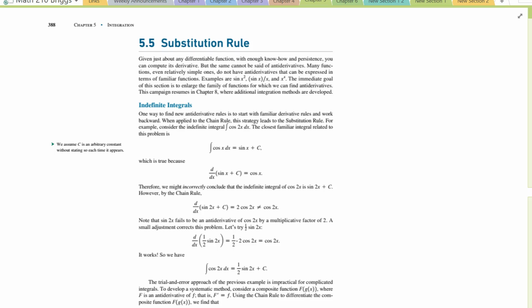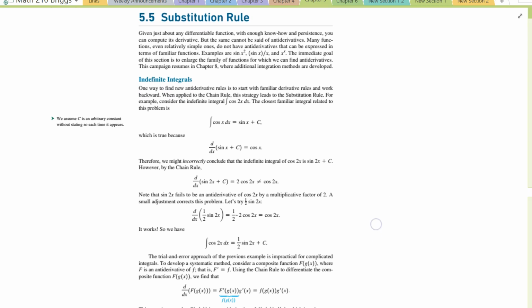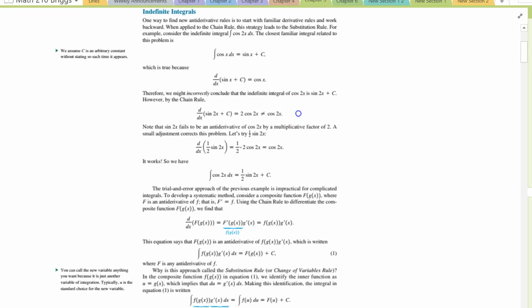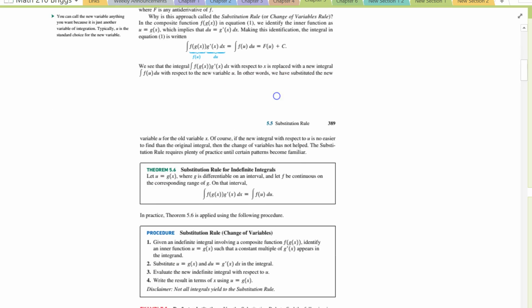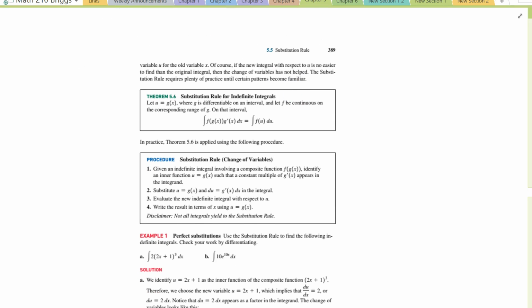In this video, we're going to go over 5.5 in the book and then some examples from part 1 and part 2 of the homework. So, part 1 of the homework is using the indefinite integral. So, the substitution rule is when you have a function that